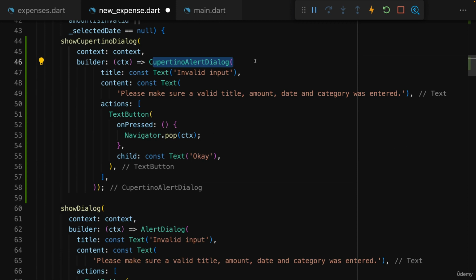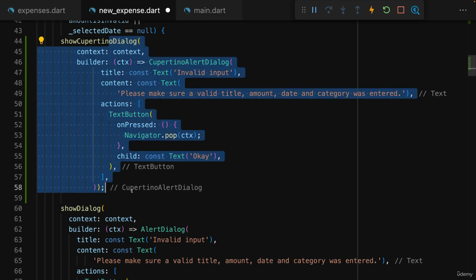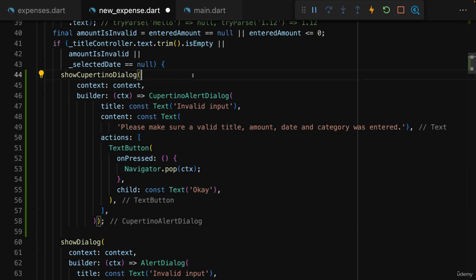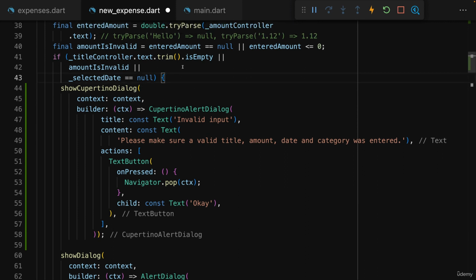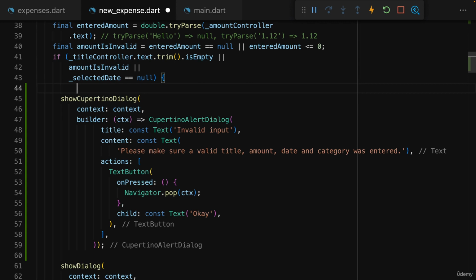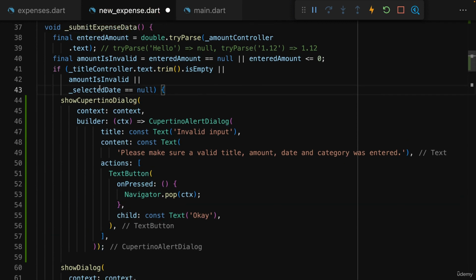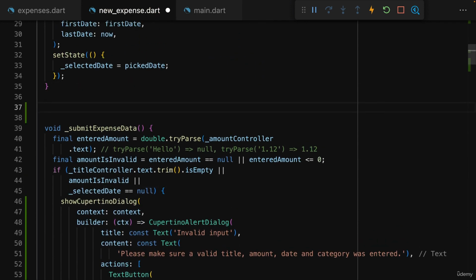But of course, we'll have one problem. We can't show both here, or at least we probably don't want to show both. So we need some way of finding out on which platform we're running to then show the appropriate dialog. So how can we find out on which platform we're running? Well, for this we can use an if statement, here nested inside of the outer if statement, though you could also refactor the code to be in a separate method, and that is indeed what I'll do here. I'll add a new void method, showDialog,